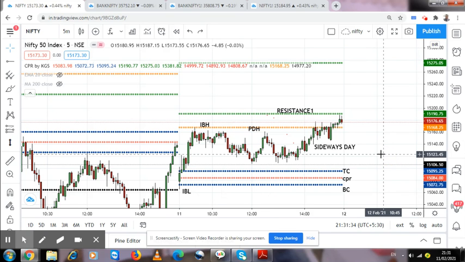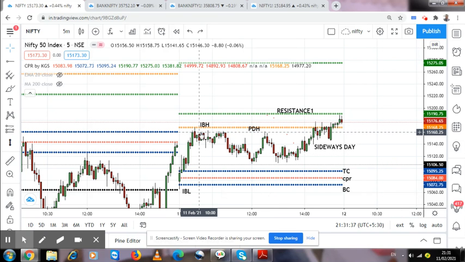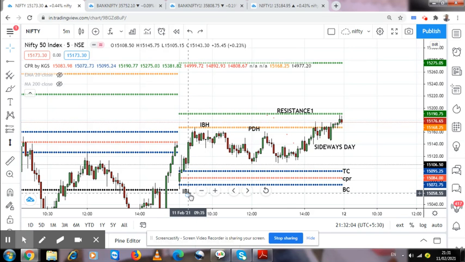If the price moves out of this range, the responsive buyers withdraw from the trading and the initiative buyer takes over. Means price will shoot up more towards R1 and R2 if the price happens to break out with high volume on the upper level. Or if it has to go down, then it will break down this level, IBL, initial balance low, and will move towards S1 and S2 pivot and even lower than that.